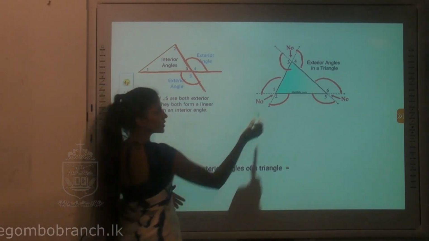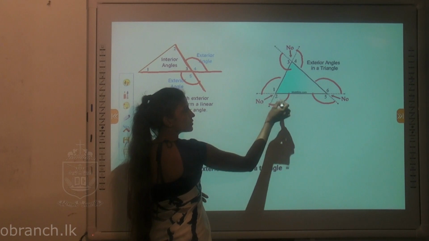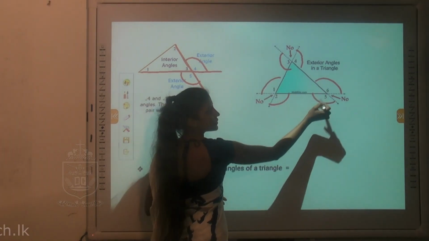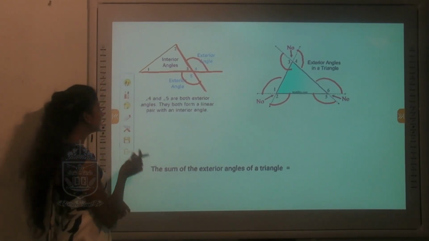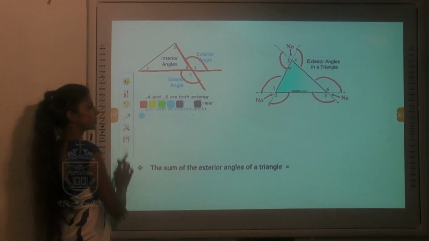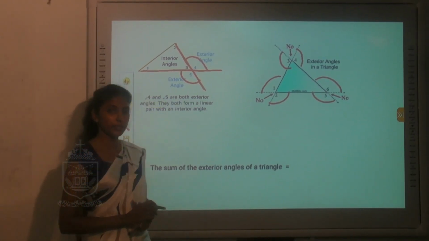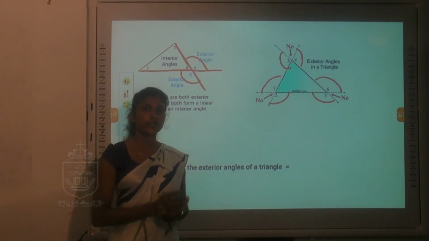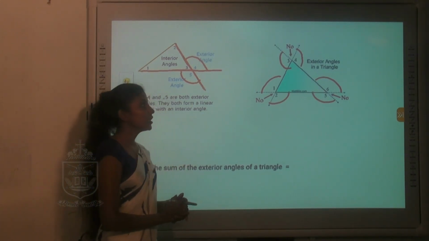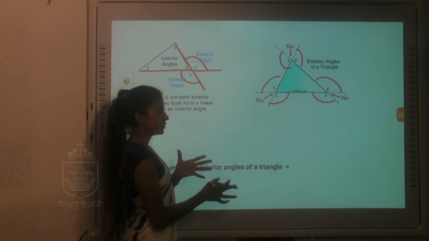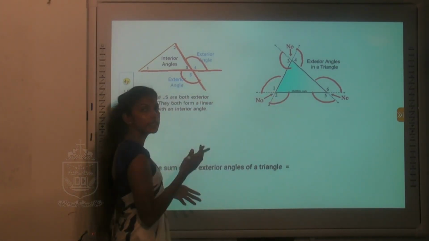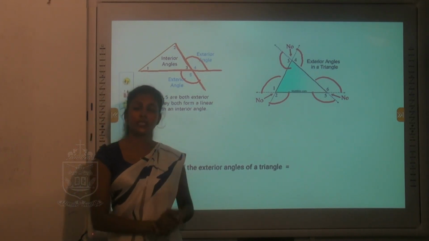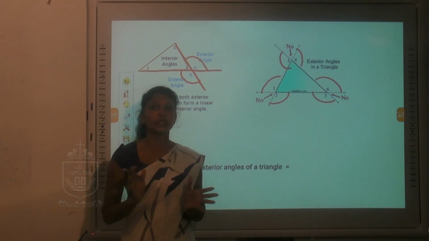Now you all can see these are the two straight lines. So these two are vertically opposite. These two are vertically opposite. These two are vertically opposite. So what is the relationship between vertically opposite angles? I hope you can remember. Vertically opposite angles are always equal in magnitude. So because of that, that means children, this angle is equal to this angle. Magnitudes are same. So we don't want to consider both angles since both are equal.